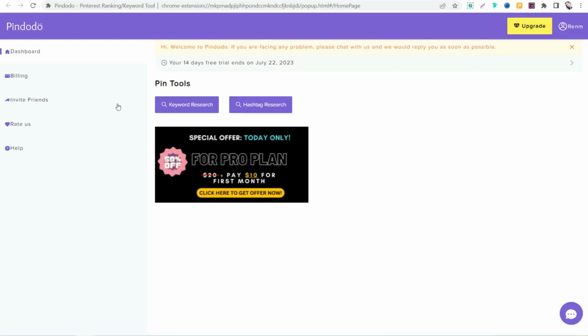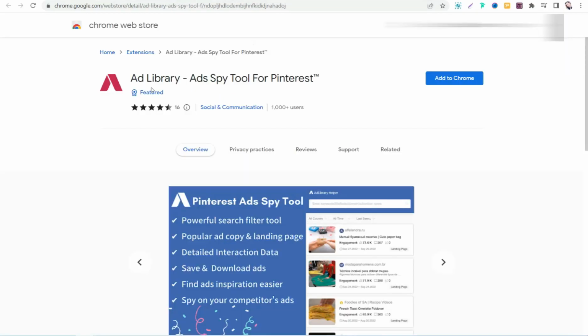And now let's move on to the next tool quickly, that is Ad Library AddSpy tools for Pinterest. This amazing tool enables you to spy on the running ads regarding your term and your keyword. Thus you can get inspired and copy the title, the keywords, hashtags, and so on in your Pinterest pins. So by this amazing tool you can spy on your competitors. And quickly let's move on to the next tool for today, that is